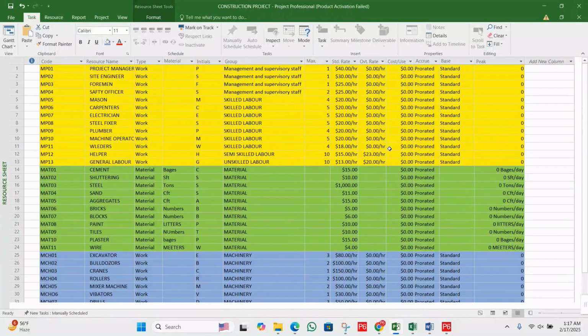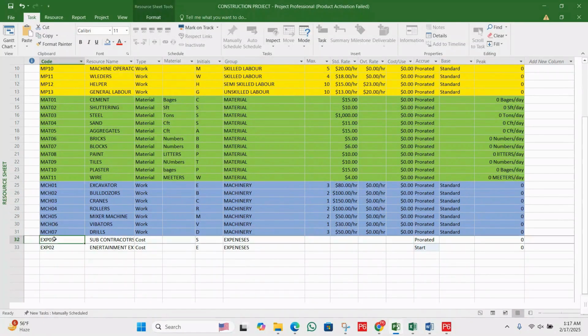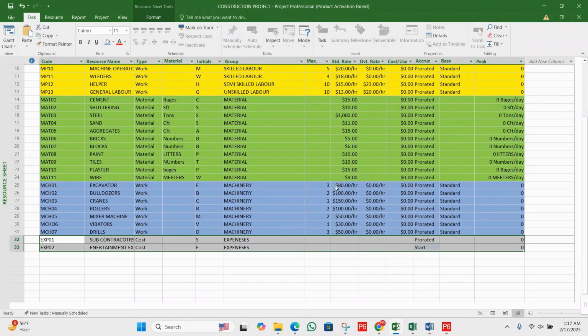Okay, fine. So this is the method of how we can define the resources list for our project in MS